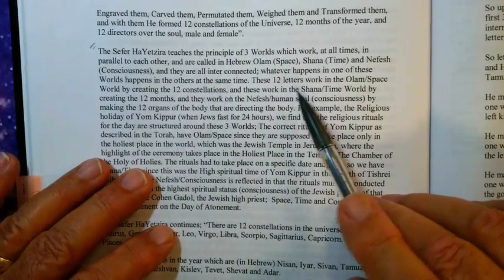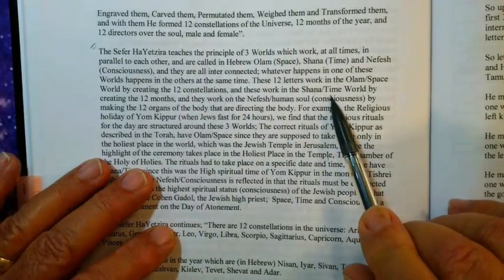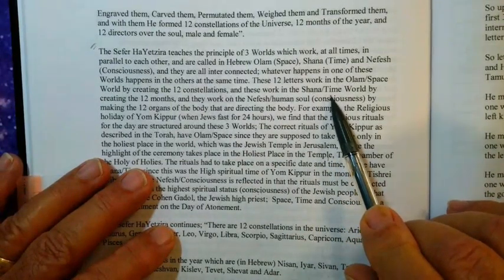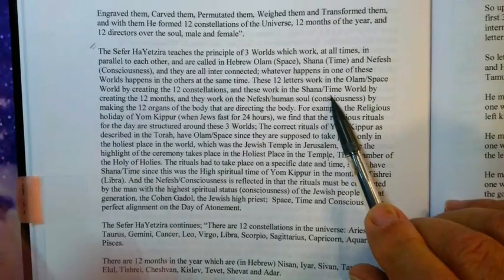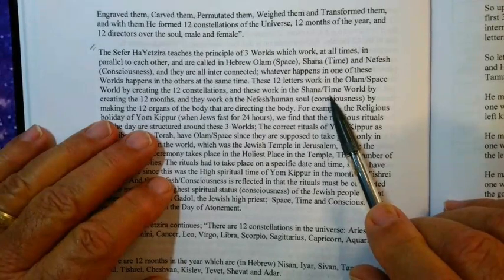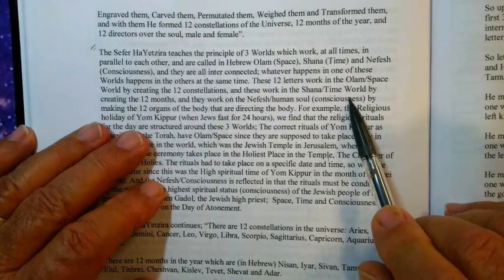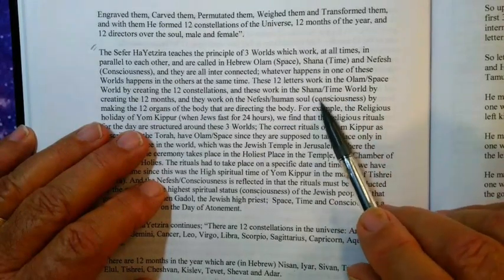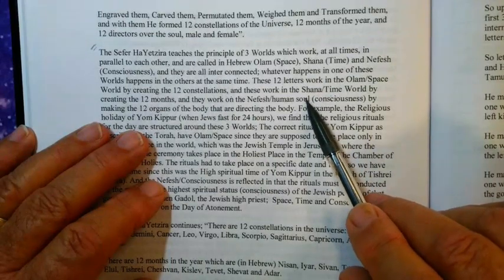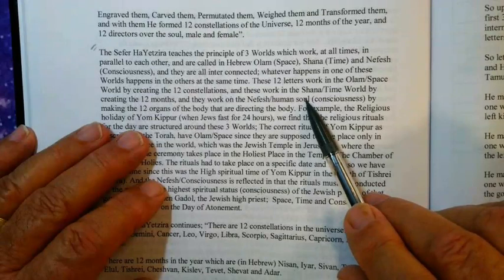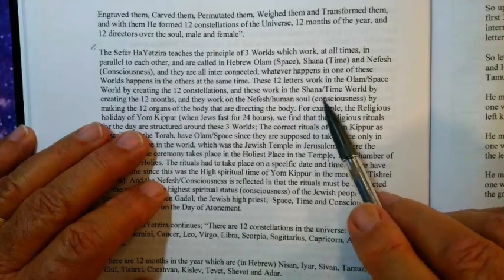Then there's another concept which is called Shana, time. Now, the reason why I'm going over this again is because I'm trying to figure out how I can get back into going through each one of the different letters and how they work. Shana, time, means change. Things continue to move. The world is turning at 1,000 miles an hour, and every time it completes a revolution, we're in something completely and totally new. Every hour is composed of 60 minutes. It's not an accident that it's a 60, or begins with the letter 6, and then there's 60 seconds within all of that. All of these things have to do with Shana, time.